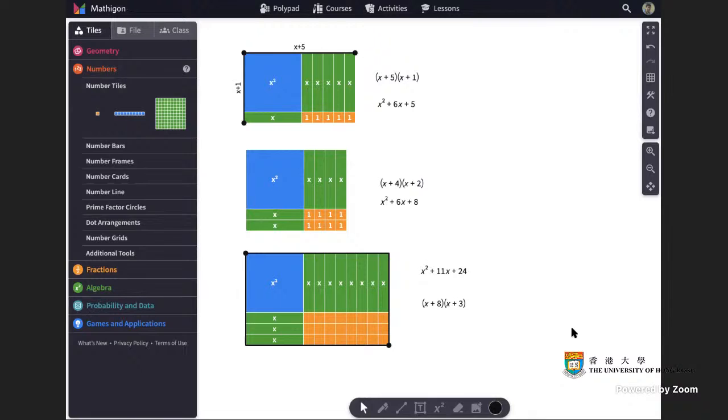I hope this demonstration will be useful for you to think about how to use the algebra tiles and some other relevant tools in Polypad for this kind of polynomial or algebra manipulation. All right, so this is